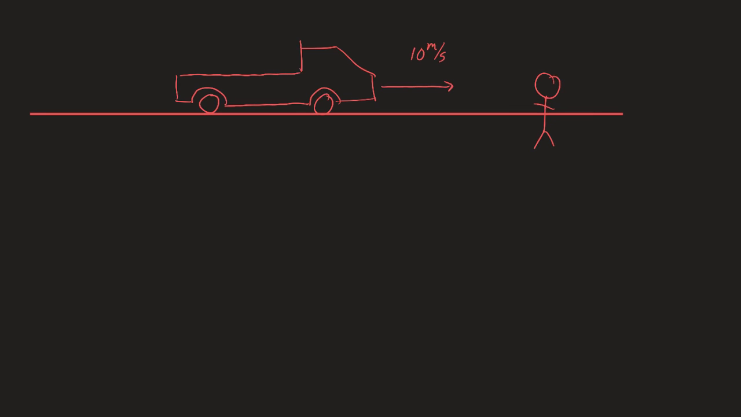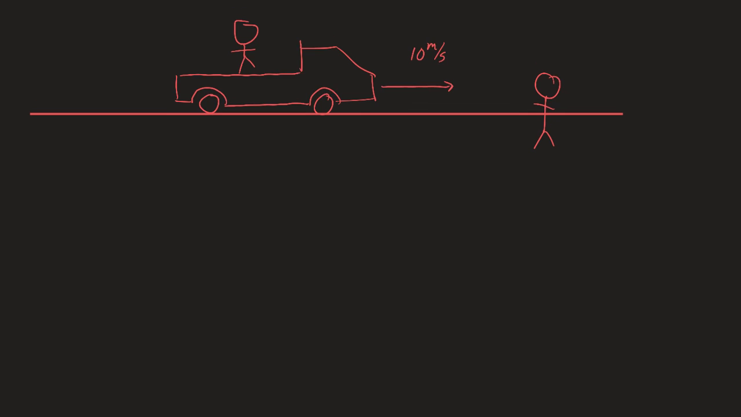Fair enough? You have a friend in the back of the truck. The friend in the back of the truck is looking at you. How fast are you going relative to your friend? Sure, negative 10 meters per second. Right, he's traveling the other way. Now,